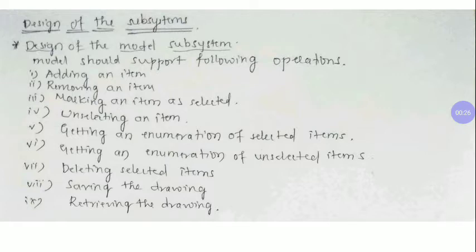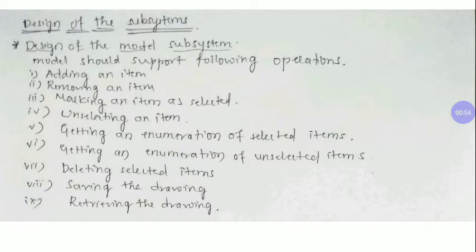In this stage, the classes and the responsibilities are identified, and we get a more detailed picture of how the required functionality is to be achieved. Since the model should remain independent of the look and feel of the system and should remain stable and appropriate, we can design it first. The next thing is the design of the model subsystems.